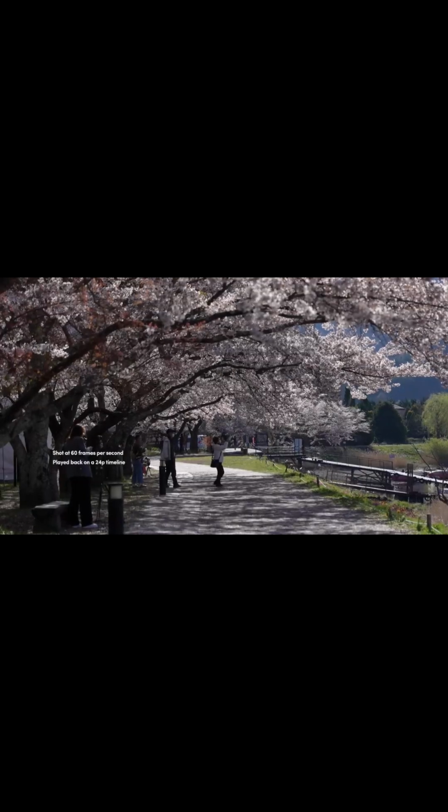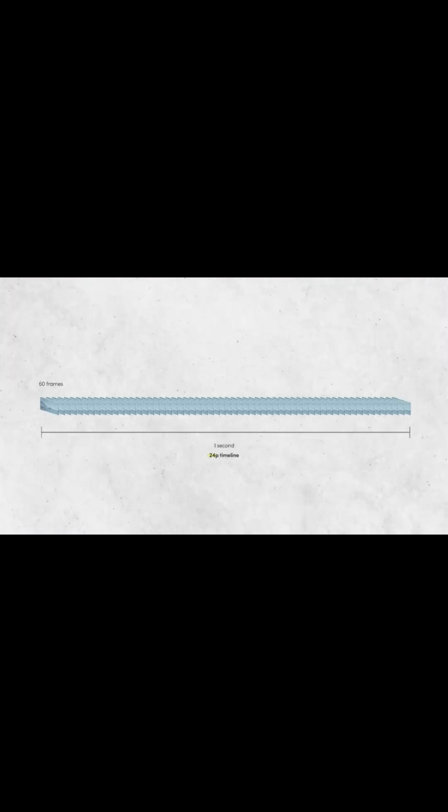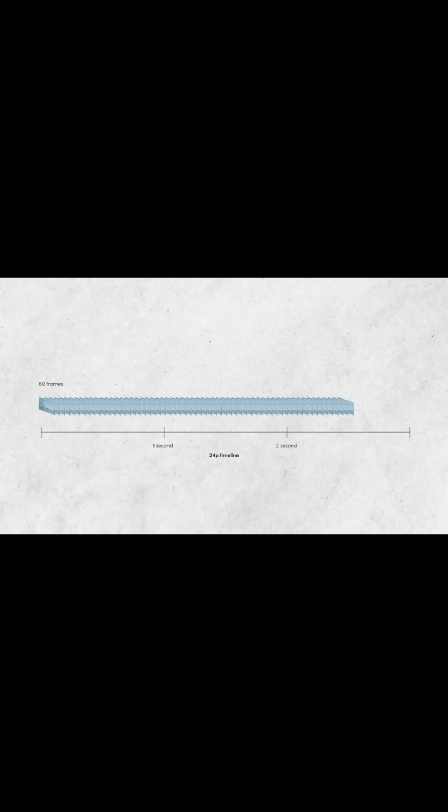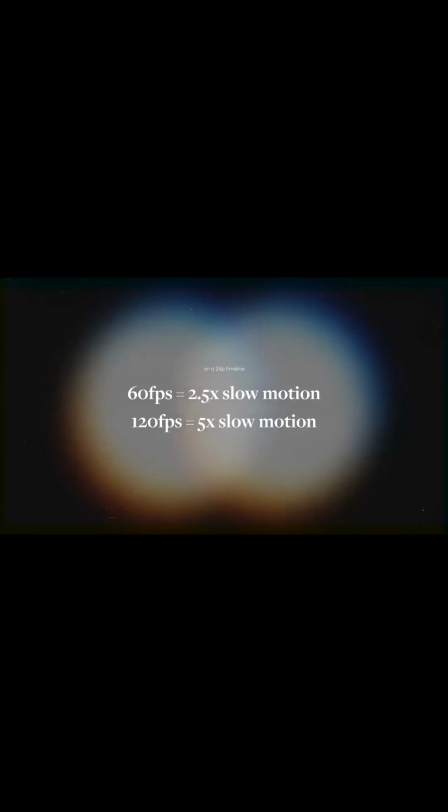We can then play back these 60 or 120 frames per second at the normal 24 FPS playback speed, and we will have what's called slow motion. In the case of 60 FPS, because the capture was done at 60 frames per second, but our playback is at 24 frames per second, when we spread it out on the timeline, it would take 2.5 seconds to play back 1 second of that 60 FPS footage. That means on a 24p timeline, 60 FPS is 2.5 times slow motion. In the case of 120 FPS on a 24p timeline, that's 5 times slow motion because 120 divided by 24